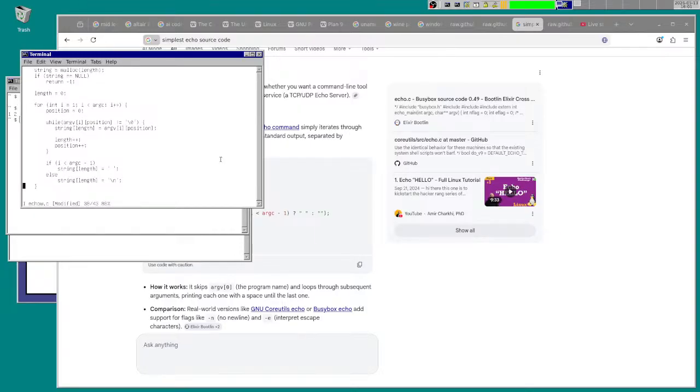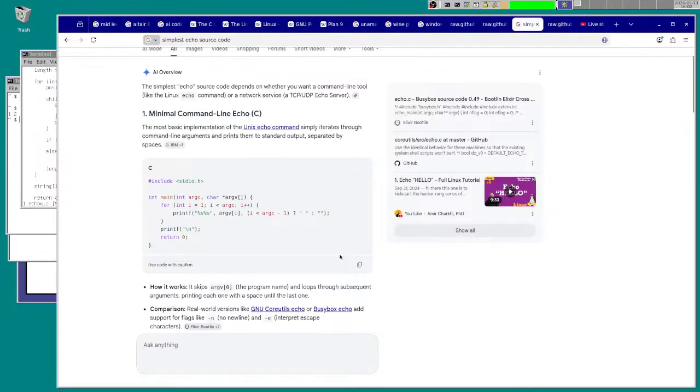Then let's see, now we increment length again, and the final thing that we're going to do here is append a null terminator. And then something that we saw here.